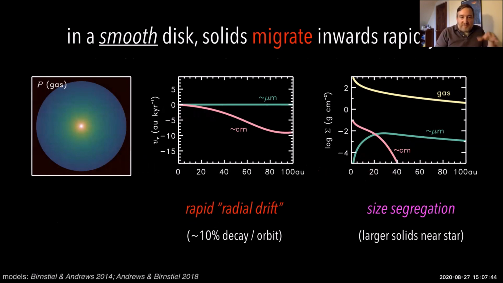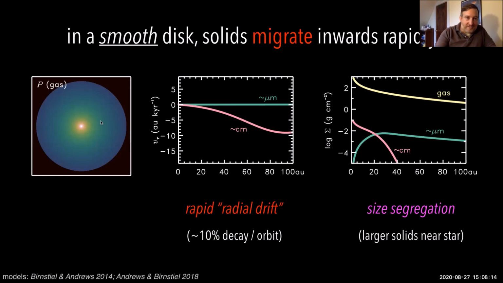So every planet formation model until recently started with the classical picture of a protoplanetary disk, which is what we call smooth. Effectively, all that means is that you have relatively smooth gradients on large scales of key properties of the disk, the structure itself, right? So in this context, we're thinking the pressure of the gas decreases with radius,